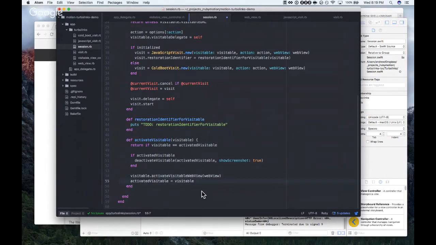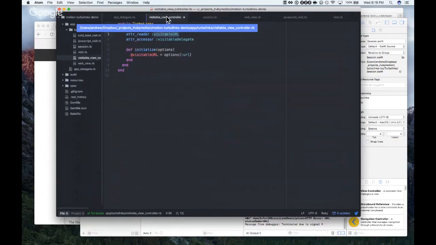And then here we're going to set activated visitable to visitable. If you're ever interested in seeing what type safety does to some things, you should look at Ben Sherman's NS screencasts and see him implement a JSON parser in Swift. It's like, wow. I believe it.